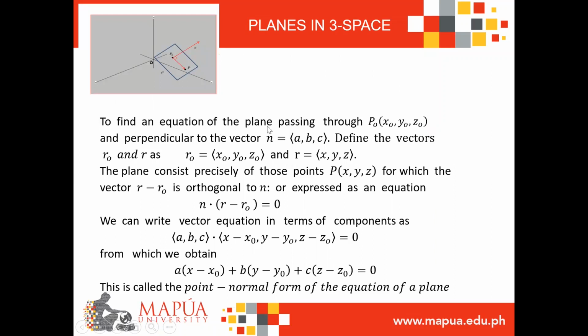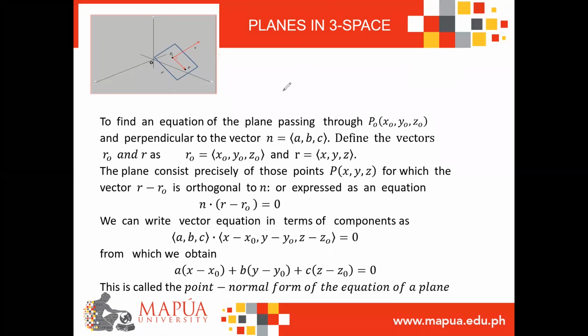To find an equation of the plane passing through P sub 0 with coordinates x sub 0, y sub 0, z sub 0, and perpendicular to the vector n, whose components are a, b, c, define the vectors R sub 0 and R as R sub 0 equals x sub 0, y sub 0, z sub 0, and R equals x, y, z as its components. So if we're going to look at the figure again,